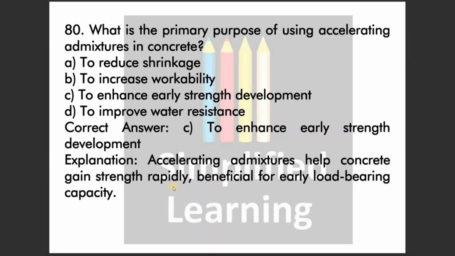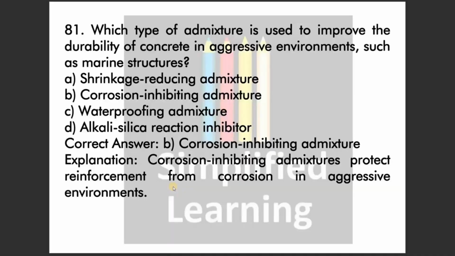Then what is the primary purpose of using accelerating admixture in concrete? See, to enhance the early strength development, we are going to use accelerating admixtures. Then which type of admixture is used to improve the durability of concrete in aggressive environments such as marine structure? See, corrosion inhibiting